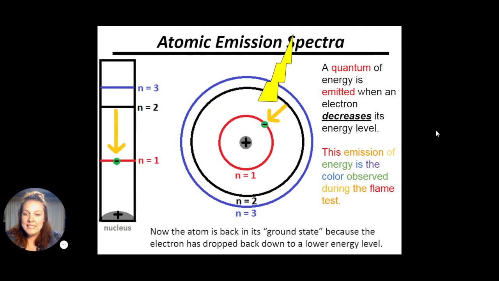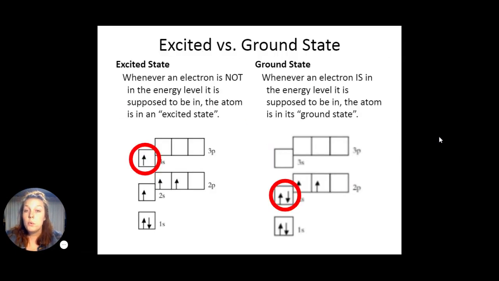Once that electron relaxes, it's considered to be back in its ground state. And that's because it's returned back down to its original lower energy level. So a quick note about excited versus ground state. The excited state is whenever an electron is not in the energy level it's supposed to be in. The atom is then in its excited state. The ground state is whenever an electron is in the energy level it's supposed to be in, making the atom